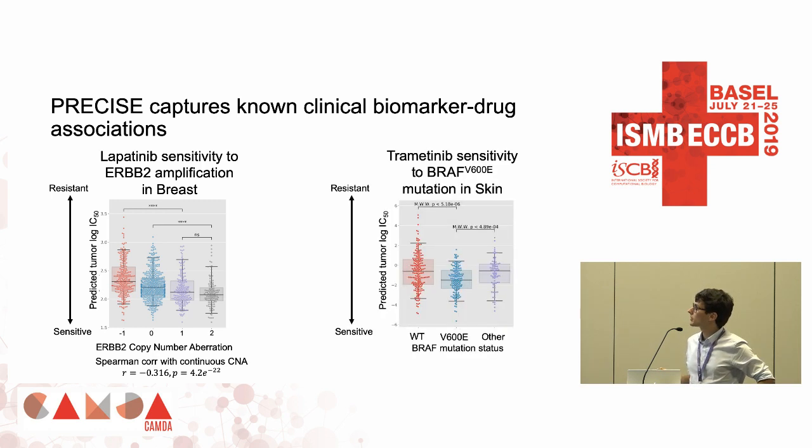When we look at the second biomarker, we see here that first the V600E mutation is really stratified against the wild type. So this is the first control. And more interestingly, we see that PRECISE discriminates it from the other mutations, which is also really interesting because if you have a BRAF mutation on another locus, PRECISE will not give you any significant advantage, which is something that is expected somehow. And this is also quite interesting because no mutation data is given whatsoever to the algorithm. And we also performed this known biomarker-drug association on 8 other biomarkers, and you can check it in the paper if you want.